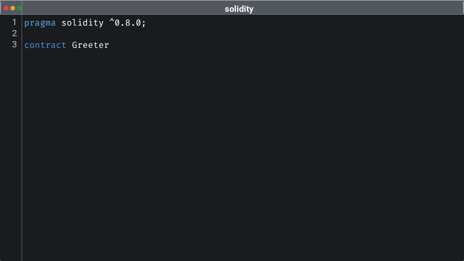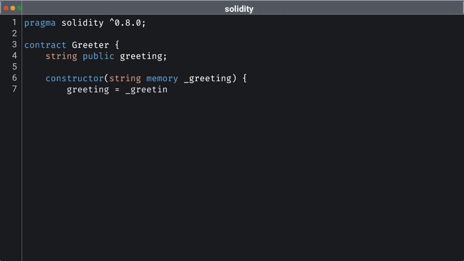engaging way. Now let's take a look at the basic structure of our Greeter contract implemented in Solidity. Here, we declare a contract named Greeter, which will serve as our simple interface for greeting users. Within this contract, we introduce a public string variable called greeting, which will hold the message we want to display. By declaring it as public, Solidity automatically generates a getter function, allowing users to easily access the current greeting message